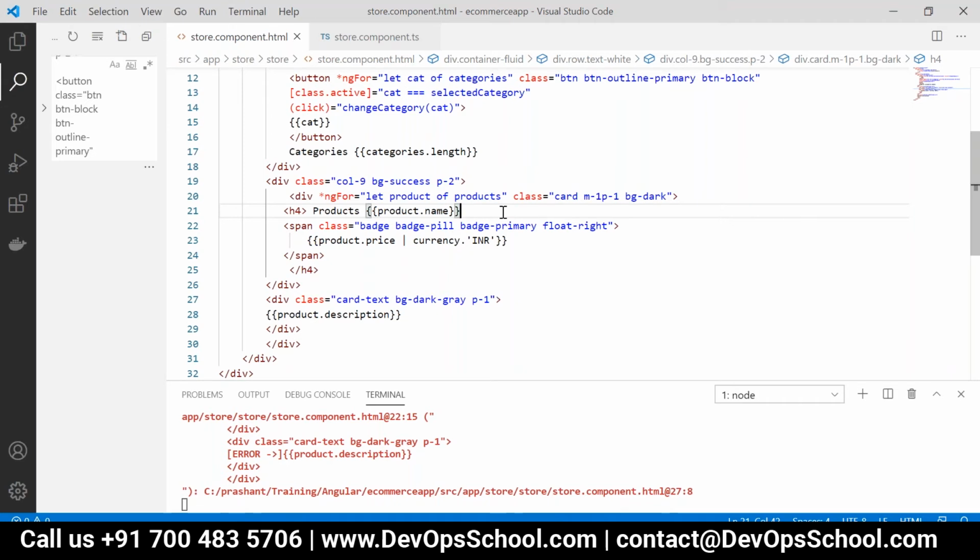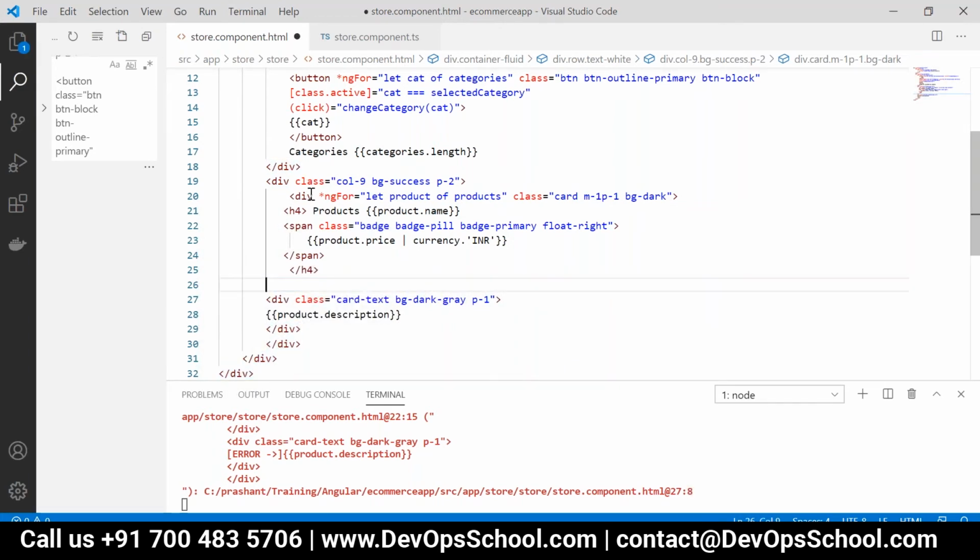You've written ng for let product of products, right? Okay, let product of products class, and this div is closed. Okay, one div. No, here you have closed the div at line number 26. There should not be a closing tag at line number 26.